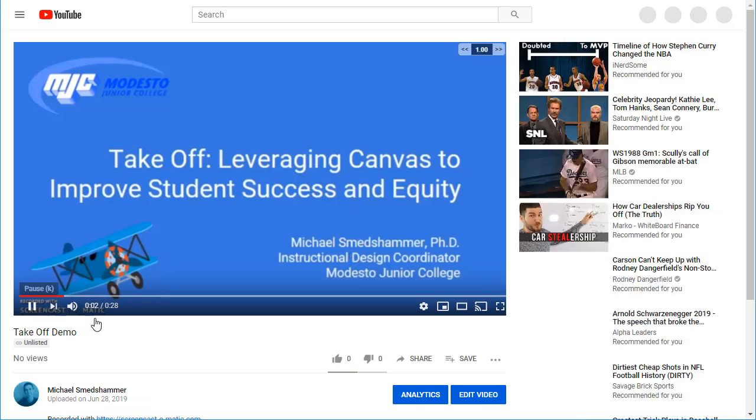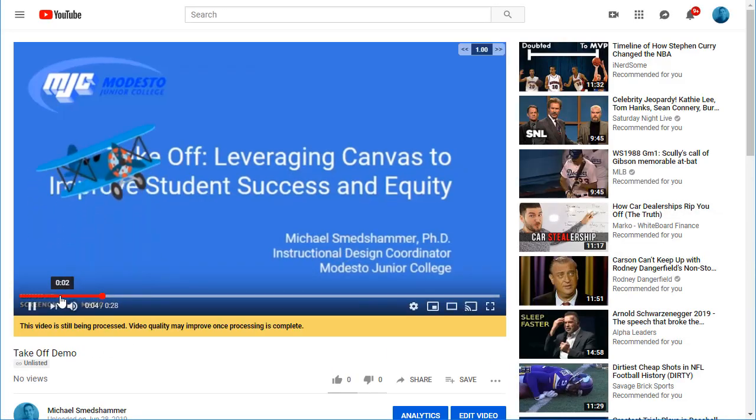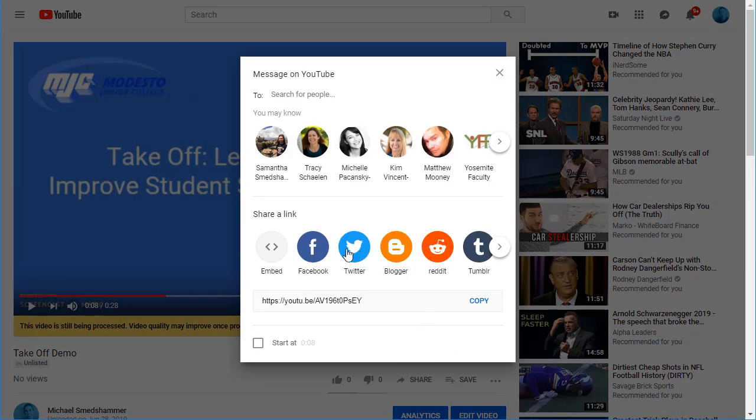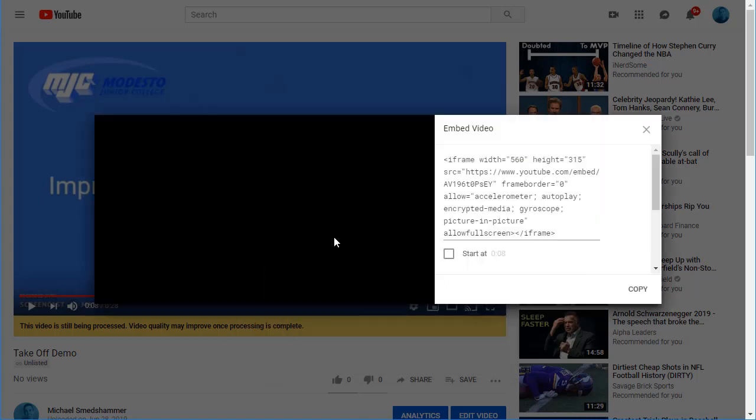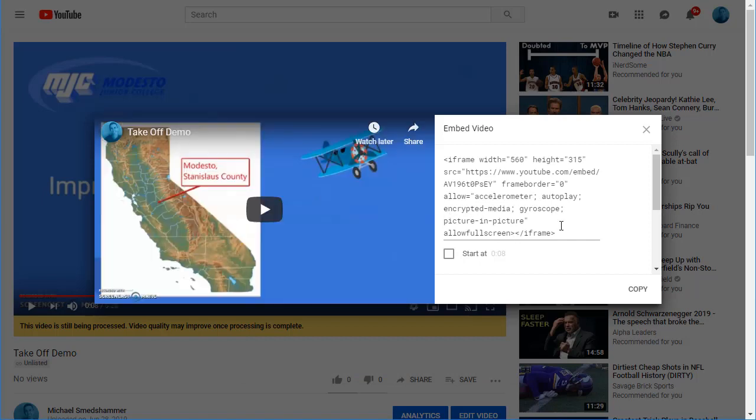Press next. And there it is. It's still being processed, so it might take a second. I'm going to pause it so it doesn't keep playing forever. But there it is up in YouTube. Pretty slick. Now I can get the embed code right here by clicking on the share button, and not the link to the video, but the embed code itself is right here. If I click this, I can copy this embed code and paste it into Canvas, and this should play in